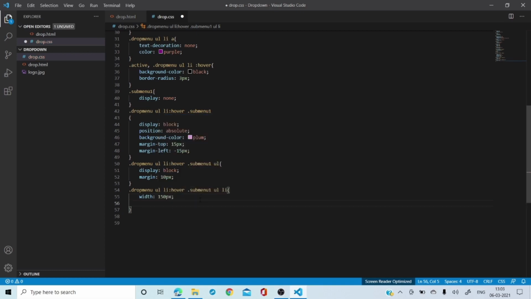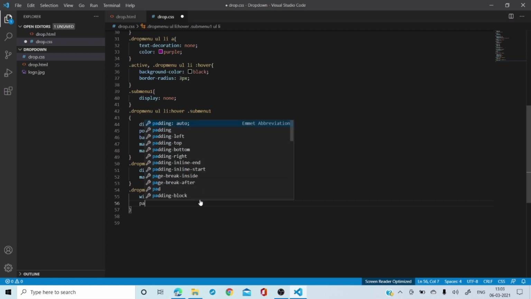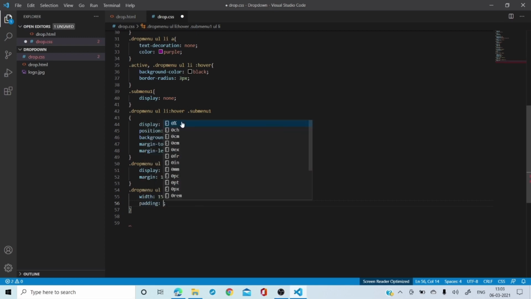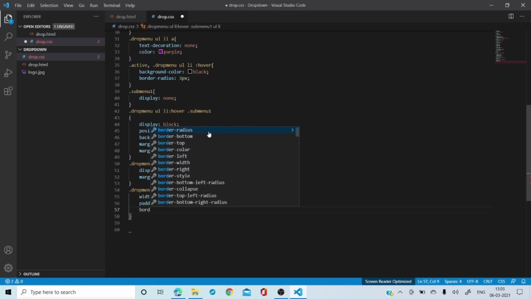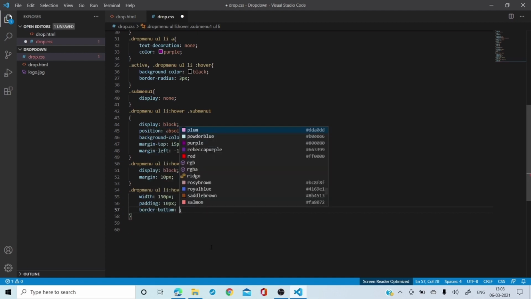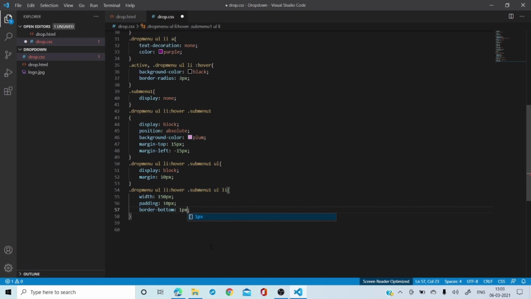After 150 pixels, I need some padding. Let me put it like 10 pixels over here, and let me put border bottom. Maybe let me just take it very easy, 1 pixel. I'm going to say dotted and white.